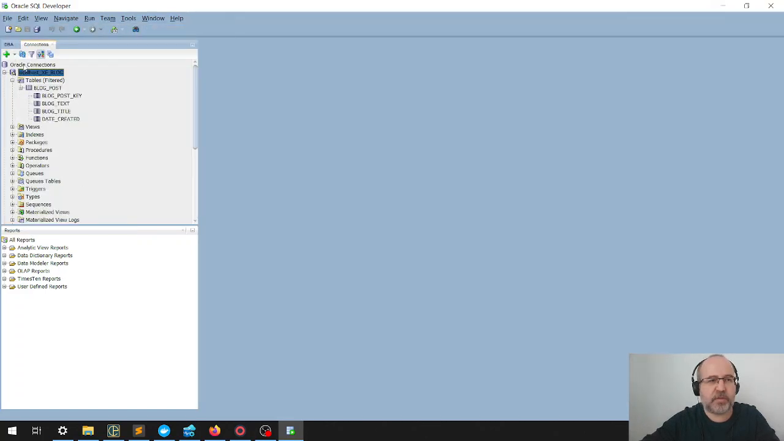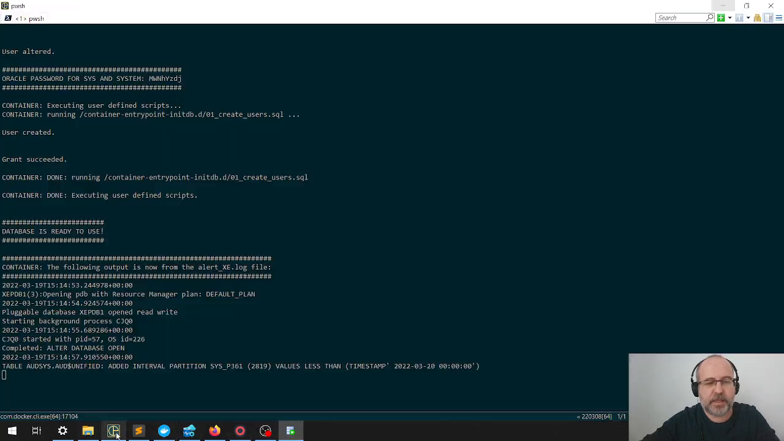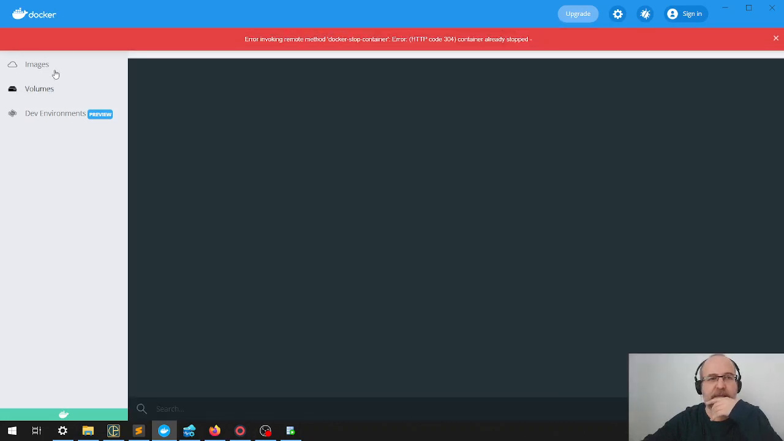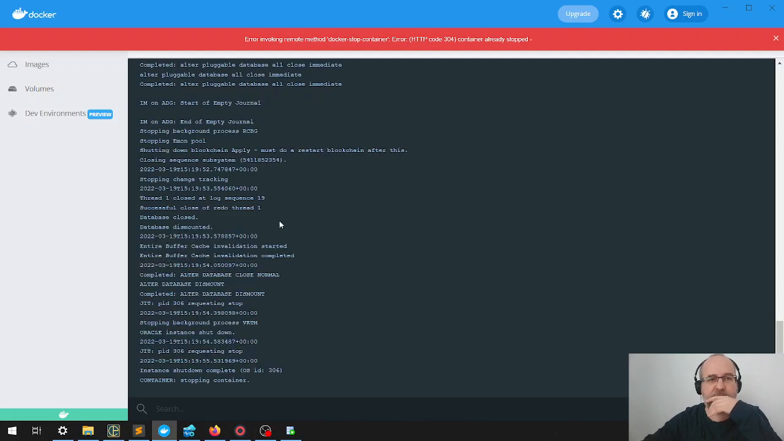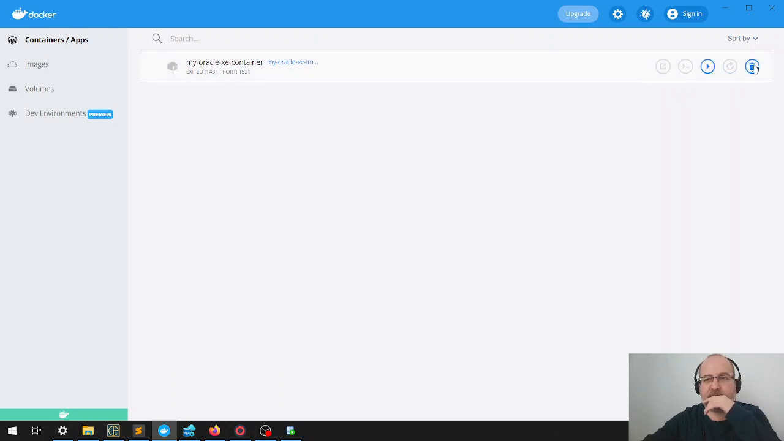Let me disconnect all connections, okay, and I can stop my container from here, it is easier. Okay, let us delete also this container. It is stopping, it's finished, let's say delete this container,